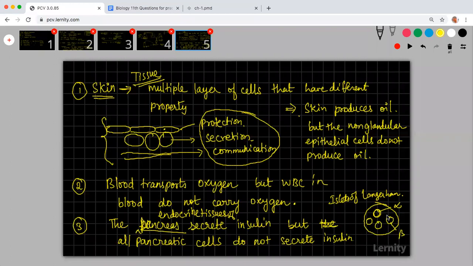The endocrine tissues of pancreas will secrete insulin, but all pancreatic endocrine cells will not secrete insulin. Alpha will produce a different hormone. Beta will produce insulin. So moving on further,